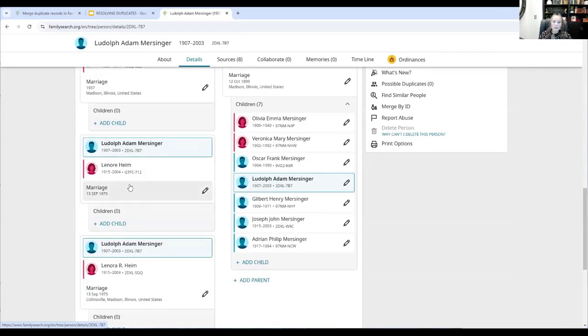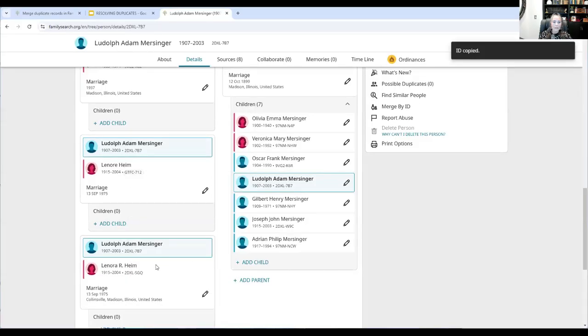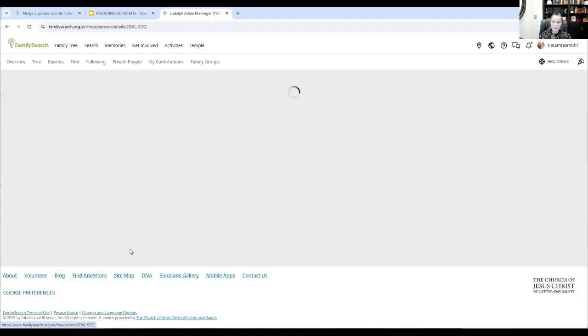So this is where you first copy and paste one or the other. For this reason, I'm going to copy, because I'm looking at the two and it looks like the Lenora R. Heim at the bottom has more information than the one on the top. So I want to merge the one that has the least amount of information. I'm going to copy that particular ID number. ID copied, and then we're going to go to the other Lenora, her person page,